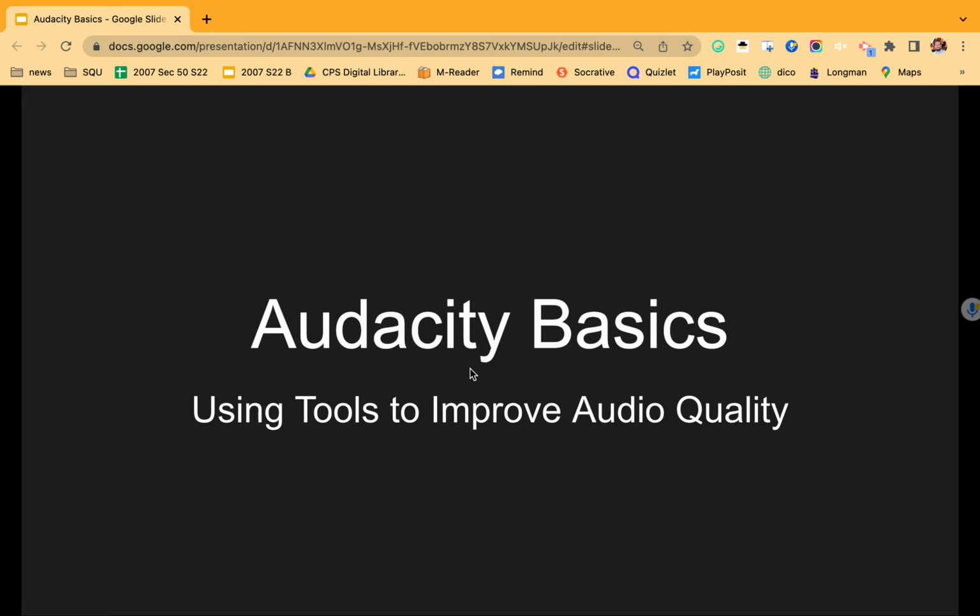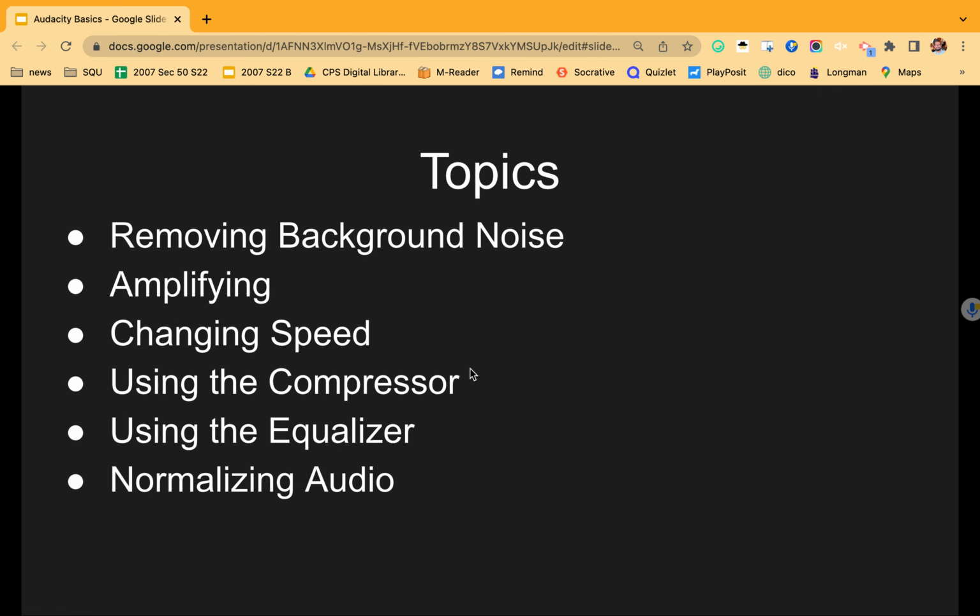Our second tutorial on using Audacity. This one will focus on what to do if the sound quality that you're using has problems. So there are some different tools you can use to make it sound better. The topics we're going to cover are removing background noise, amplification, changing speed, using the compressor, using the equalizer, and